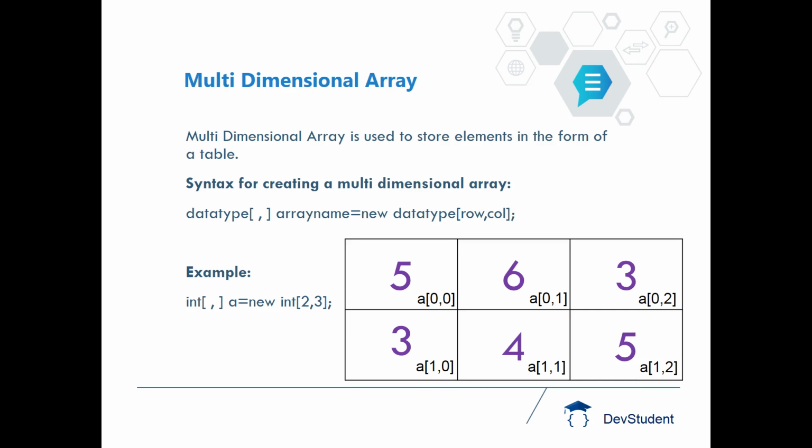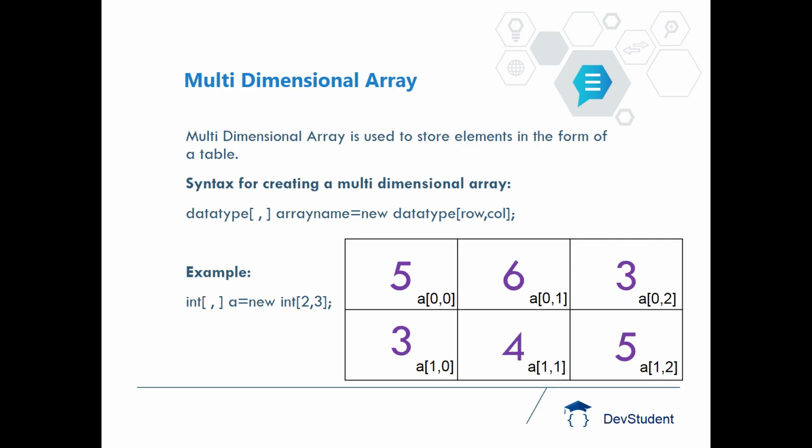A multi-dimensional array is used to store elements in the form of a table. Here in the example, you can see I want to store the values 5, 6, 3, 3, 4, 5 in 2 rows and 3 columns. That's a tabular format. So in this type of scenario you have to use a multi-dimensional array, where I need 2